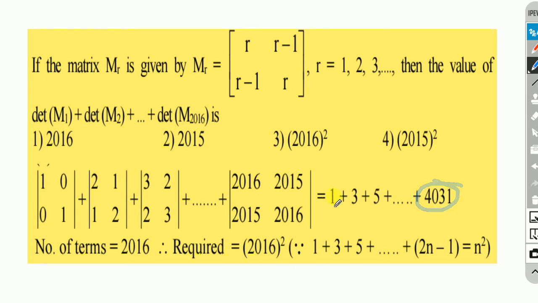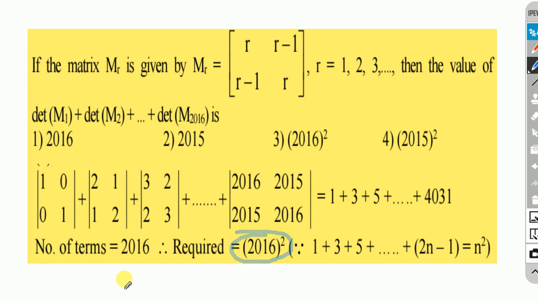So this is the sum of the odd numbers from 1 to 4031. See, determinant M1 means this is the first term, determinant M2 means this is the second term. Similarly, determinant of M 2016 value is 4031. So there are 2016 terms here. The sum of the odd natural numbers up to n terms is given by n square. So therefore the number of terms here is 2016 and the required sum is equal to